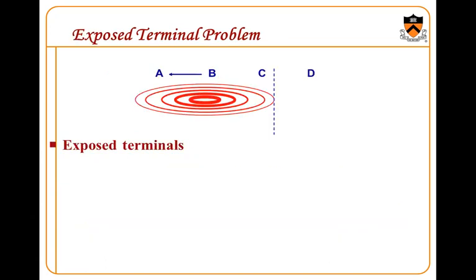Another important problem here is the exposed terminal problem. And here you can see the scenario is a bit different. We have added node D, and node B wants to transfer data to node A. And C wants to communicate with node D. So B sends to A, and C wants to